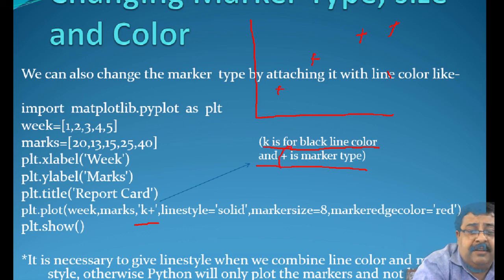Because that is the marker type. Is it clear? Now marker size we have taken as 8, and marker edge color will be red. So the color we are using for the marker is red.